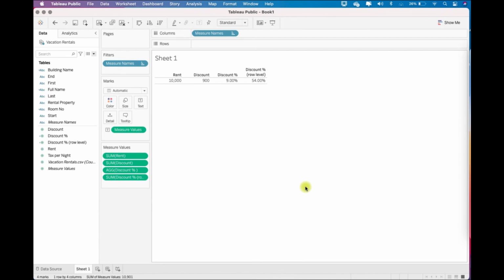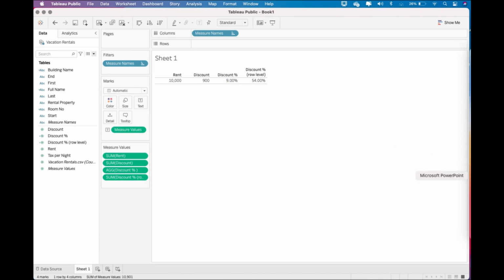Okay. Now what you see here is that the entire table's rent is 10,000, discount is 900. Ideally 900 divided by 10,000 gives 9%. So this is the aggregated level field, which is here 9%. But the new field which we have created at row level gives us the value of 54%. Now why is there a difference between the aggregation and the row level calculation?